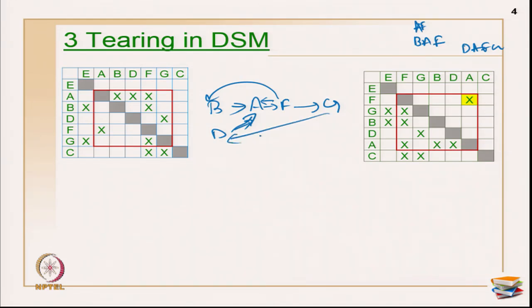Okay. So now what I have done is I am going to tear off this mark which is A to F. Let me use another color. So, A to F. This one is what I am going to tear. Now if I have used A to F as my tear mark, then my resulting sequence for execution will be F and then G, then B, D and A.